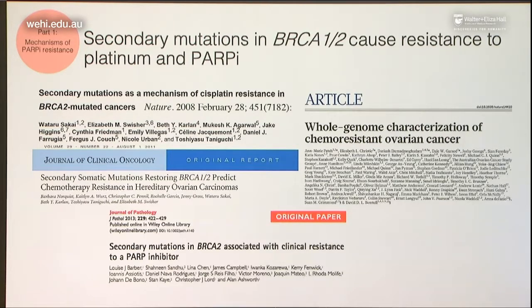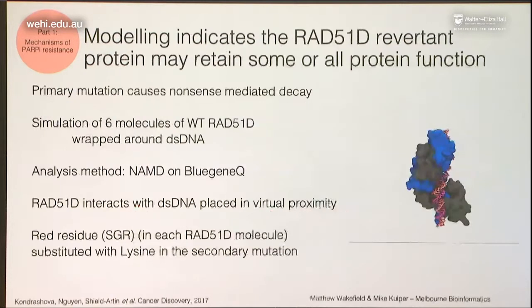And as the sample was collected on the other side of the world, we didn't have access to viable materials, so we had to take it to in silico models and in vitro models to study it. So firstly, we performed predictive modeling, and unfortunately, the primary mutation, because it caused nonsense-mediated decay, the model was too unstable to actually do. But I'm going to show you a simulation of